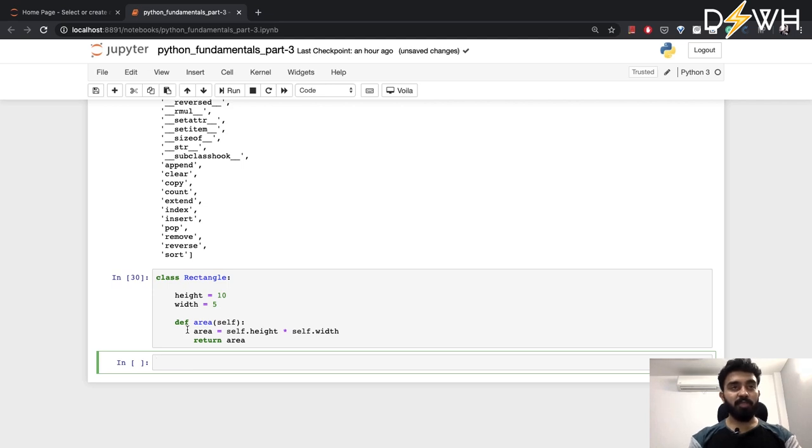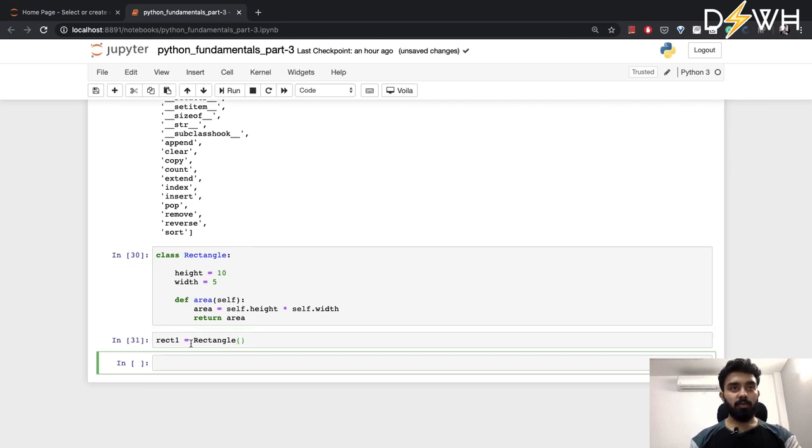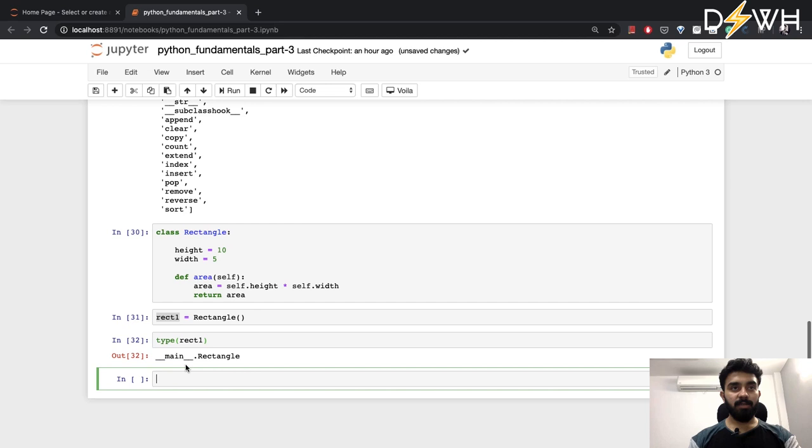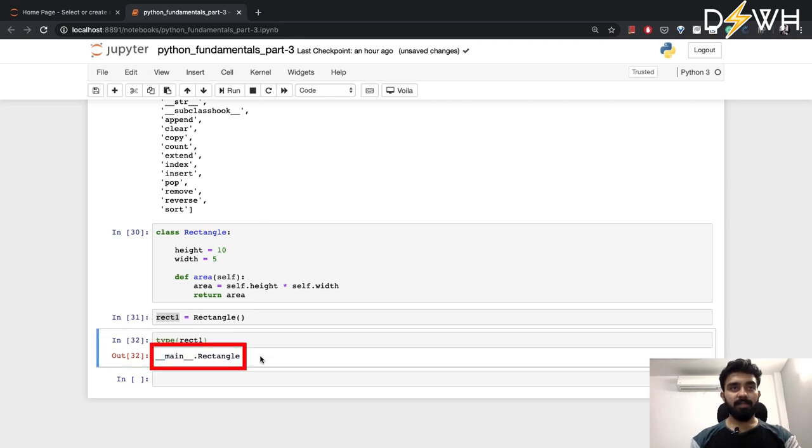Now I create an object of this rectangle, let's say rect1, and you create an object like this, followed by parentheses. Now when I run this, this is my rect1 object, so you can check the type of this object. You can see that this is a rectangle class object.